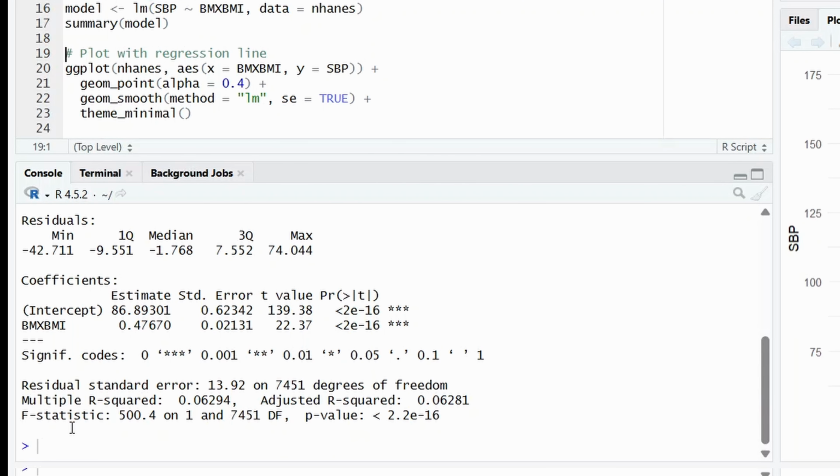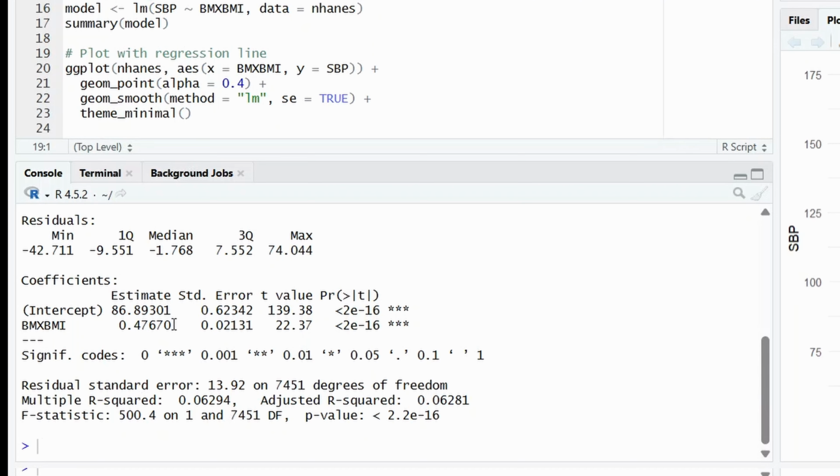Starting with the regression equation. Predicted SBP equals 86.89 plus 0.4767 times BMI. The intercept, 86.89, represents the predicted systolic blood pressure when BMI is 0. While a BMI of 0 isn't realistic in practice, the intercept serves as the baseline level of SBP in the model. The slope coefficient for BMI is